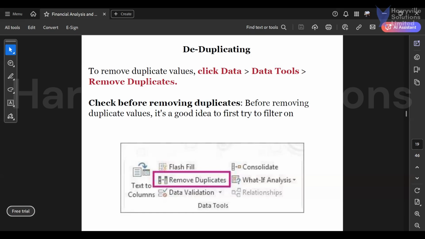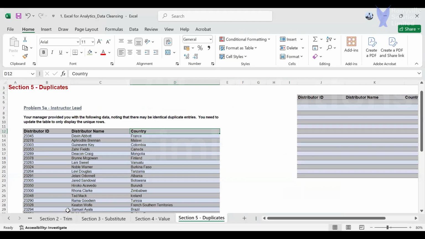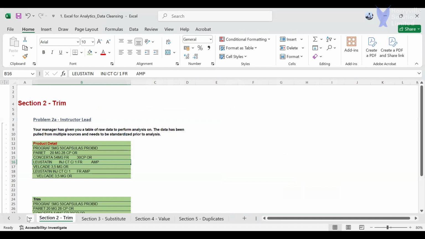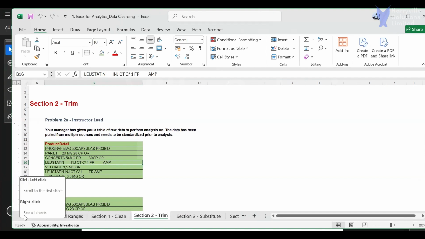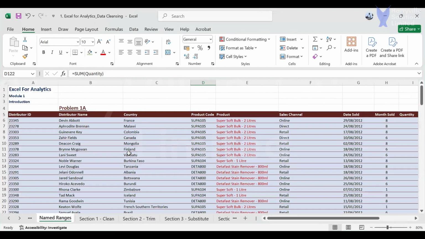Let me show an example of what I mean by a duplicate. So let me go back to our first table here. Let me come back to my named ranges here. So now, looking at this particular data set,